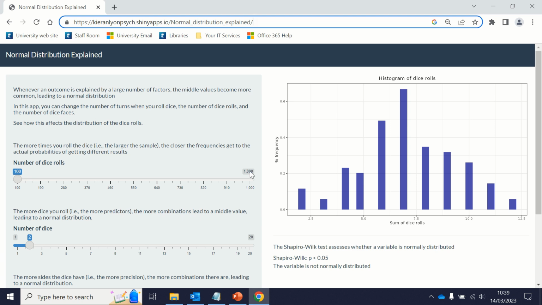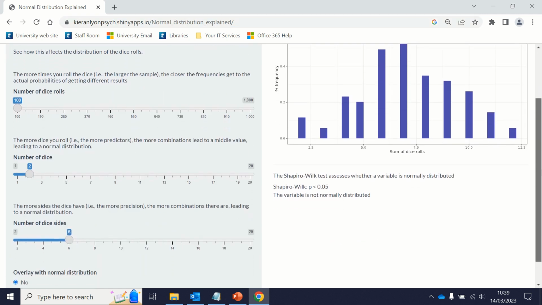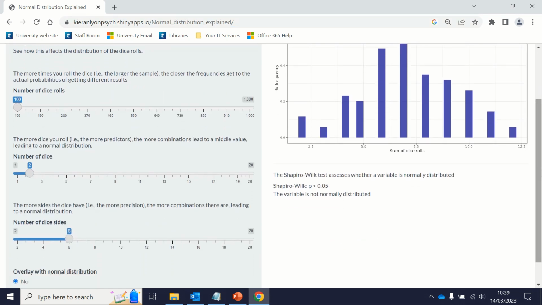So let's start here. What we have in this app is it simulates dice rolls, and then it adds up the scores for all these different dice. So you can change the number of dice that you roll. So the number of times you roll the dice. So I could have one dice that I roll 100 times, or I could have 7 dice that I roll 100 times. The amount of turns that you have essentially. Then we have the number of dice that you can roll. So here I'm rolling 2 dice, and also the